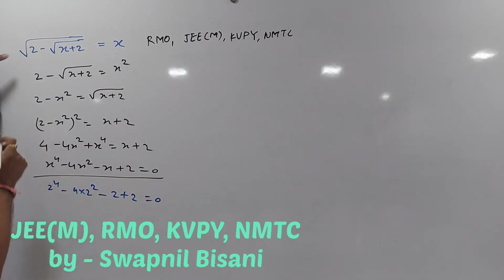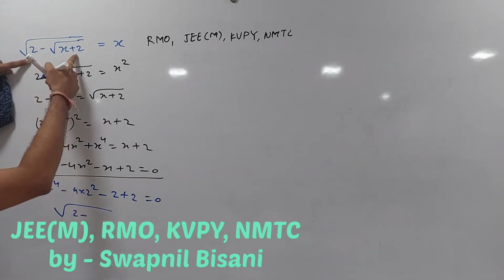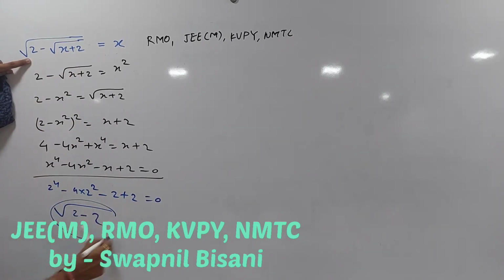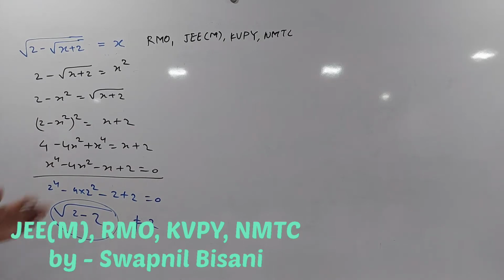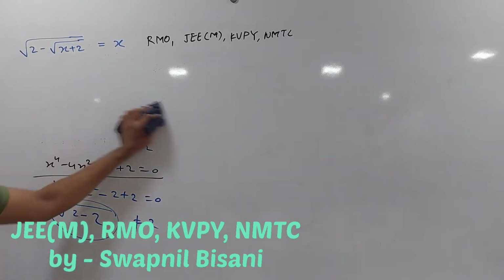If you put x is equal to 2 here, it will be 2 minus root of 2 plus 2, that is 4. Root 4 is 2. So 2 minus 2, this side will become 0 and x is equal to 2. How can 0 be equal to 2? So that means 2 is not a solution. That's why I told you that when you are squaring the things again and again, you are carrying extra baggage. I hope that this thing you don't know, but this used to happen.